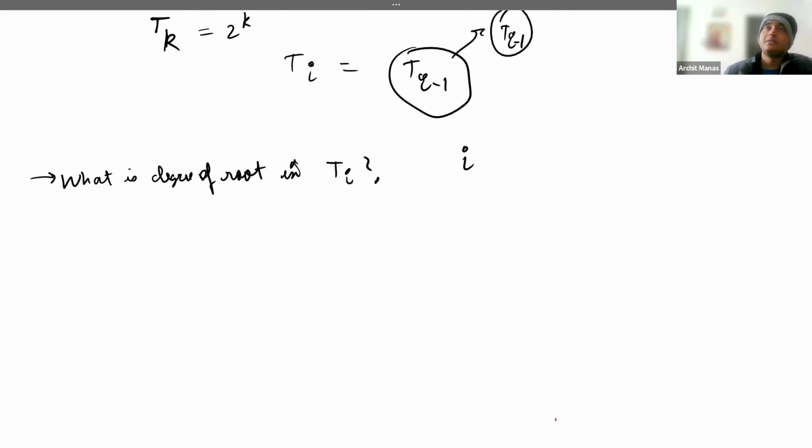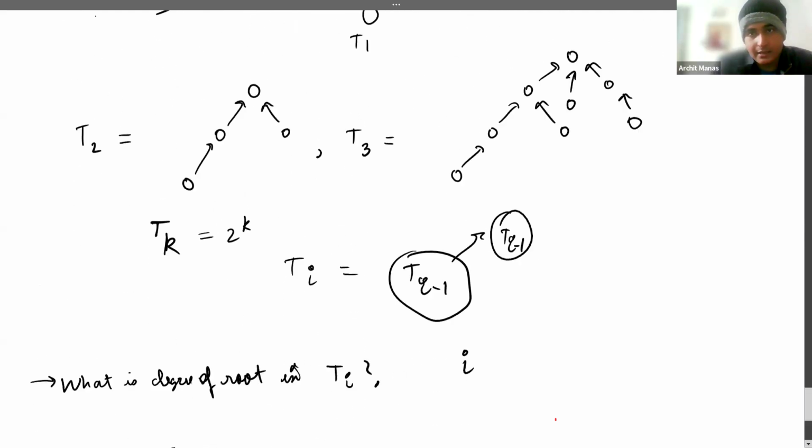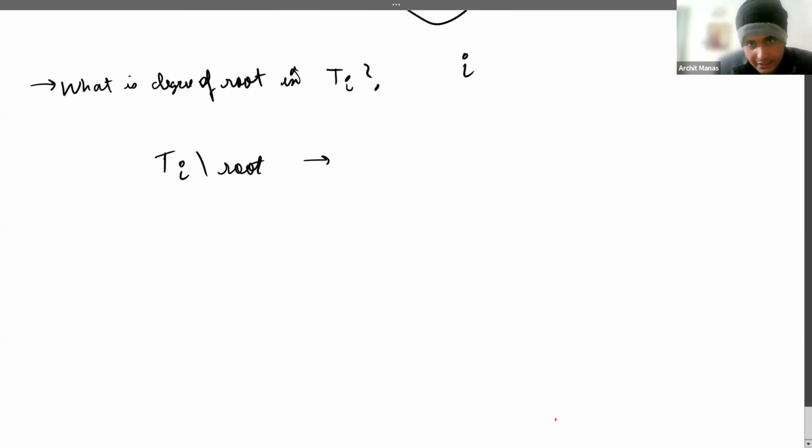The next question I want to ask you is, what happens when I delete the root of a Ti? Ti minus its root. What does that look like? Ti minus 1 plus Ti minus 2 plus dot dot. Yes, very good. Bingo. That's going to look like Ti minus 1. The reason that is because let's say I look at